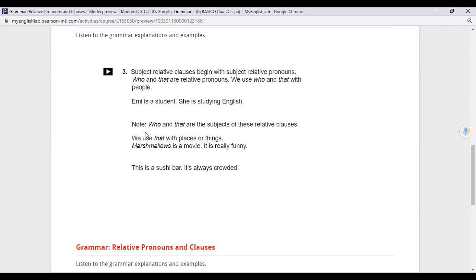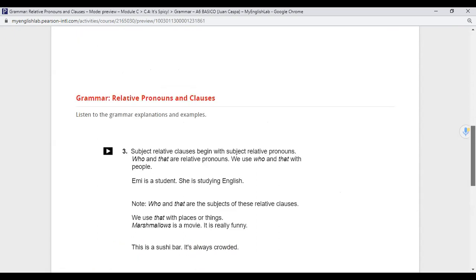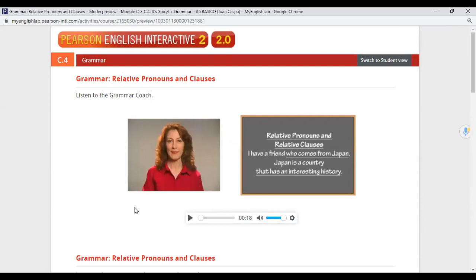And this is a sushi bar, for example. It's always crowded. So there is one example. That and who are relative pronouns, especially in relative clauses, that we can talk with. Okay, and